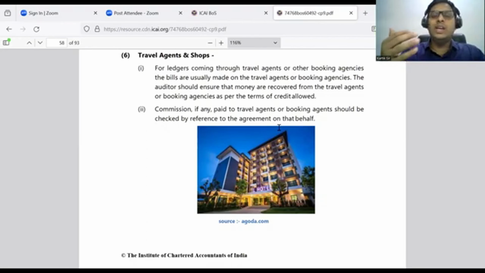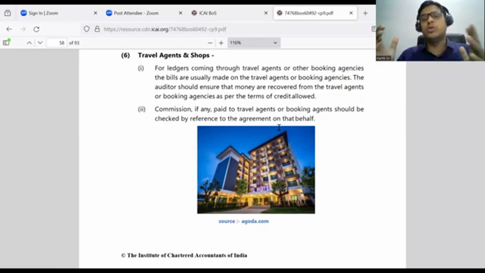Okay, the travel agent's business can also be very well spread out. So if from other cities the travel agent is able to convince the guests that please come and stay in this hotel when you're in this city. Example, in Delhi the travel agent is having an office and he has good connections in Kolkata, so the guests who are traveling from Kolkata, he is able to convince them that whenever you come to Delhi, please stay in this hotel. So in this case you will understand the hotel is getting the guests based on the travel agent's recommendation. In that case the hotel will pay some kind of commission to the travel agent. Simple. So that is basically how it works.